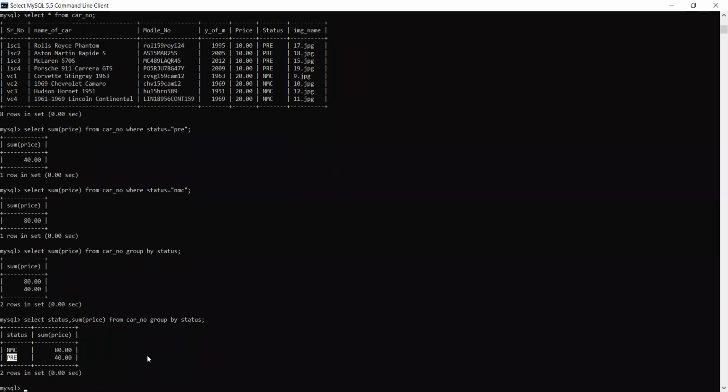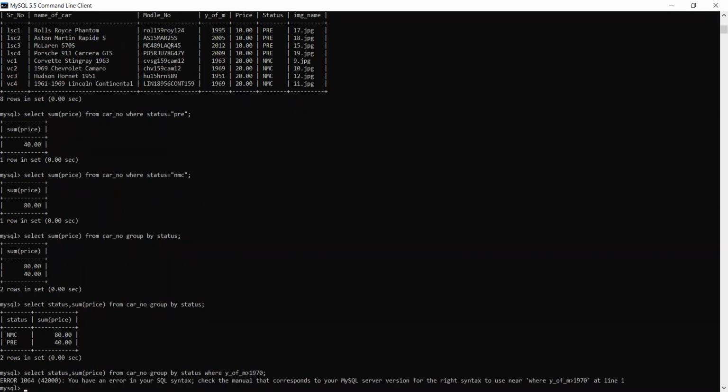Then, as I said, we cannot use where clause, but we can use having clause. So, okay, we are going to check that. I'm writing here where. I'm checking on the basis of year of manufacturing. Okay, for year of manufacturing, I am just checking like this. If it is greater than, now see 1995, 63, 69, 69, 51. These all I am skipping. So it is greater than 1970.